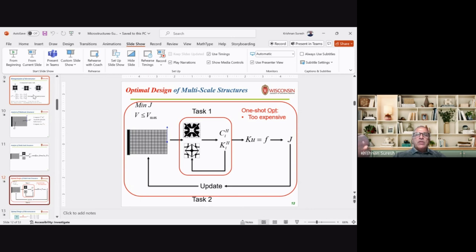And the way you do that is in two tasks. So what you see here, I don't know if a mouse appears, but that is my lower level task one. I'll design each microstructure at a lower level, and then I take that all up and design task two at the global level. So in some sense, when you're trying to design an Eiffel Tower, and Eiffel did not design it that way, but in today's computer era, if you want to design that, you will design each substructure to behave in some optimal way, and then put it all together to design your tower globally. So that's the two-level approach that people adopt,